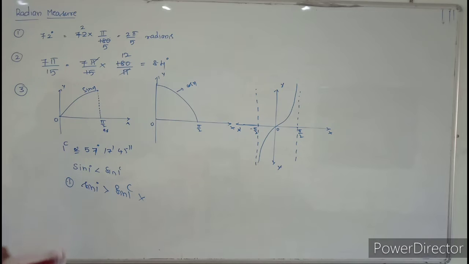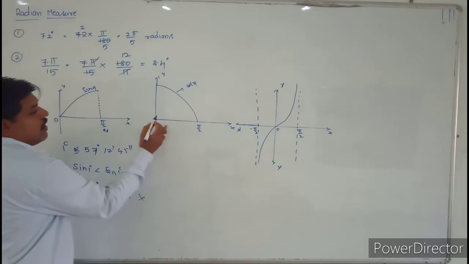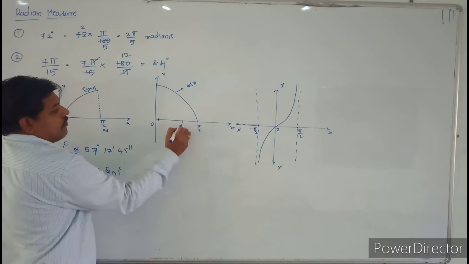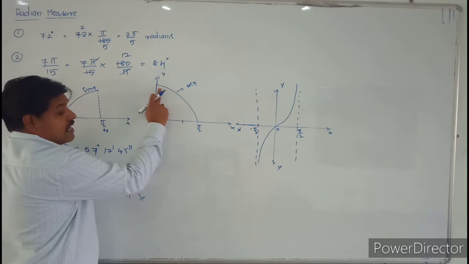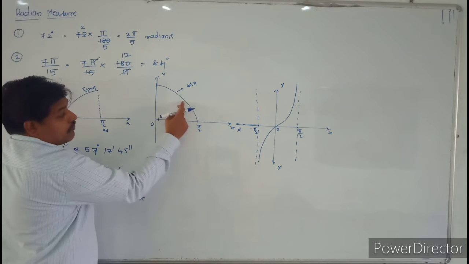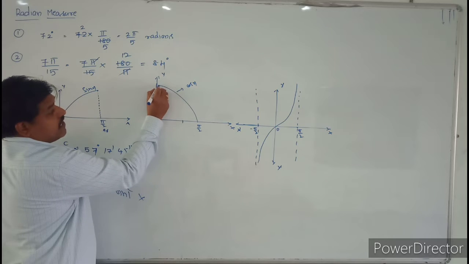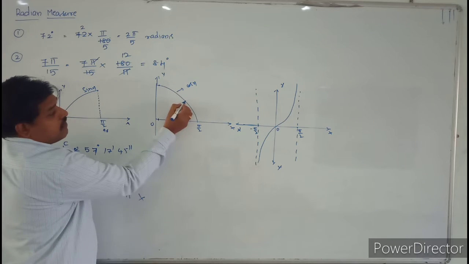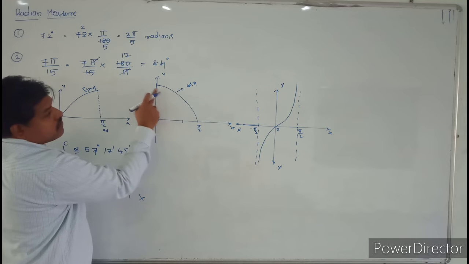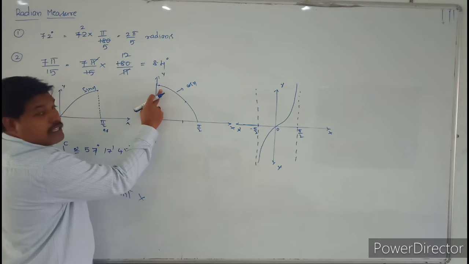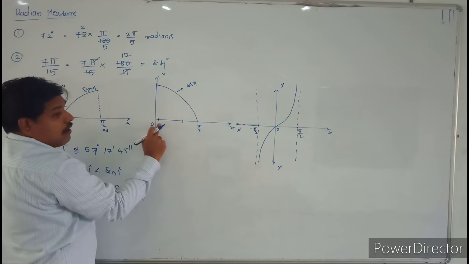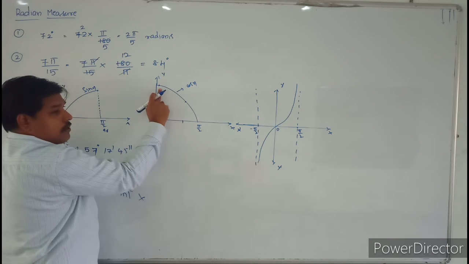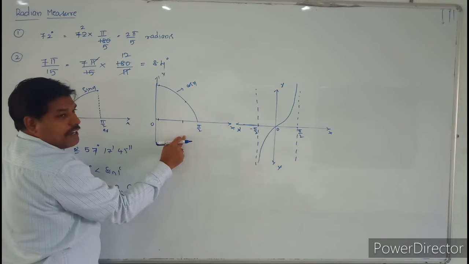Similarly, see the second one. Cos 1 degree is less than cos 1 radian. So see here, 1 is here and 57 is here. So cos 1 degree is greater than cos 57 degrees. Why? Because the cos 1 degree value is here, and the cos 57 value is here. Which one is more? This one is the more value. Yes or no? This value is increasing with respect to the y-axis. So cos 1 degree value is more than cos 58 degrees.